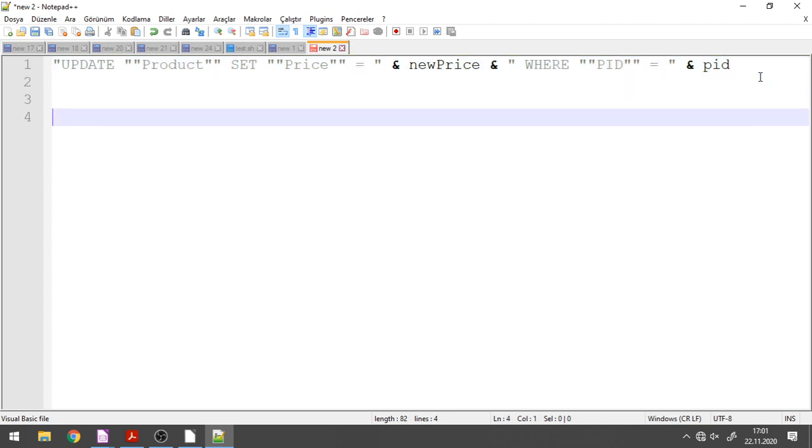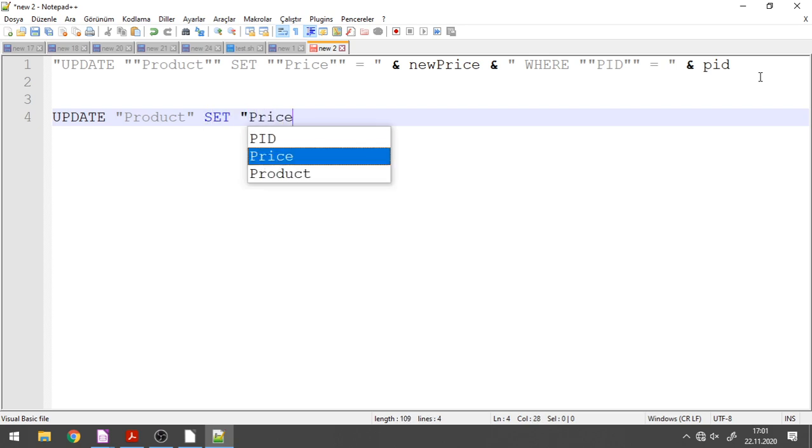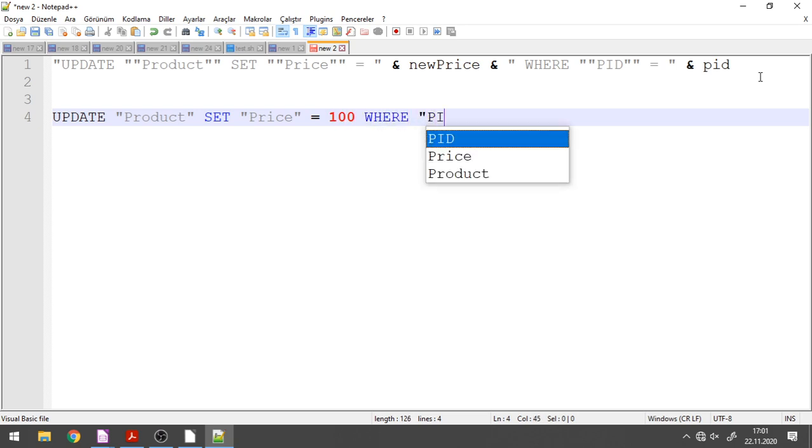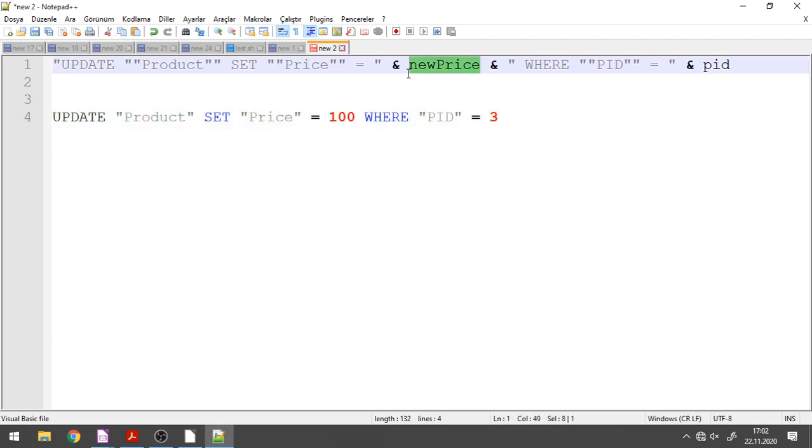Normally what I write there is update product set price equal to some value. Directly I write the value where PID is equal to some PID, for example. This is my SQL query, and instead of writing the values directly, I would like to include my values as